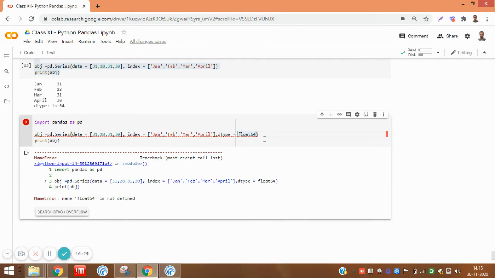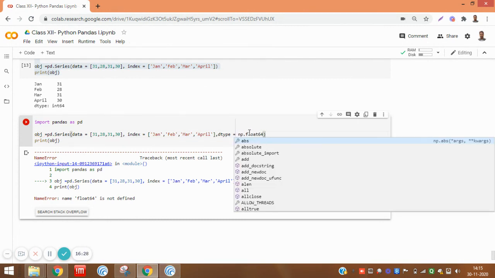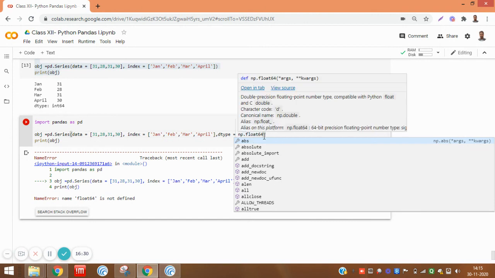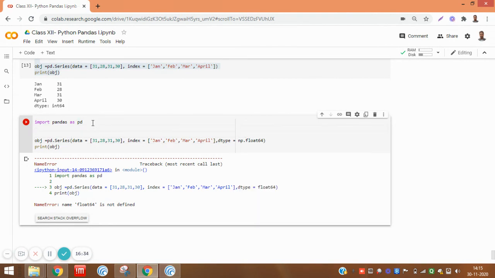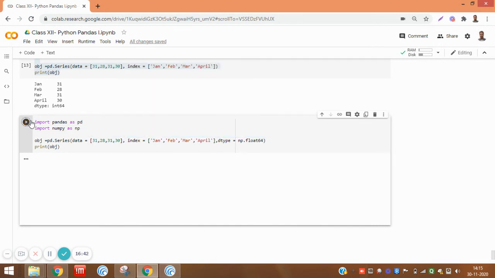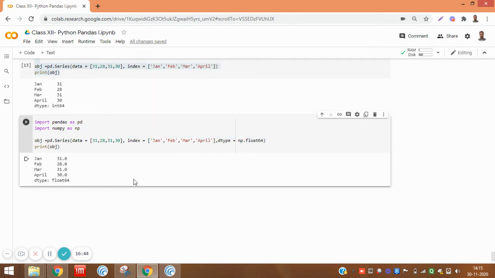We specify that it is numpy. So if we specify here np dot float64, and where we need to import that, import numpy as np, again, and it will be fine.